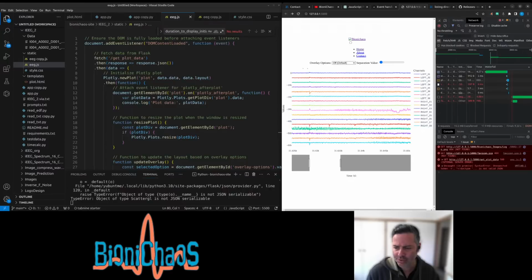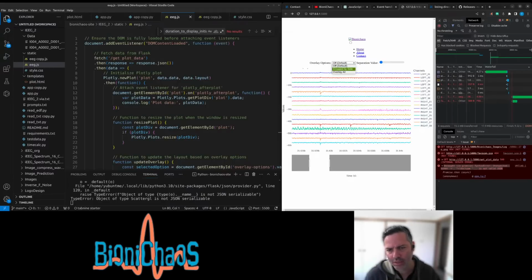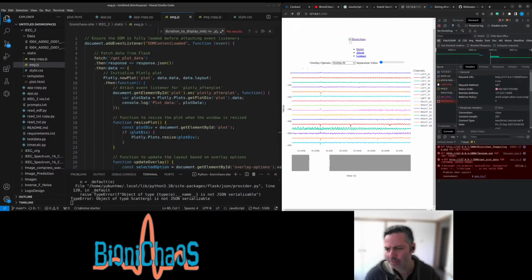Something is not valid JSON. We already had this error. It's when you have NaNs, not a number, in the data. Get things like that, and that still doesn't work. Get plot.